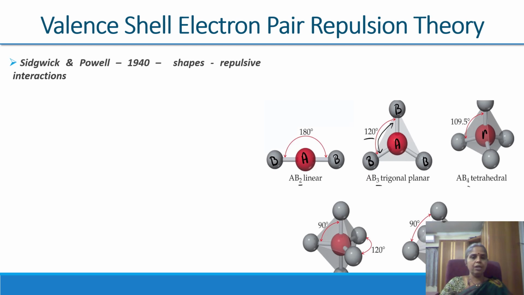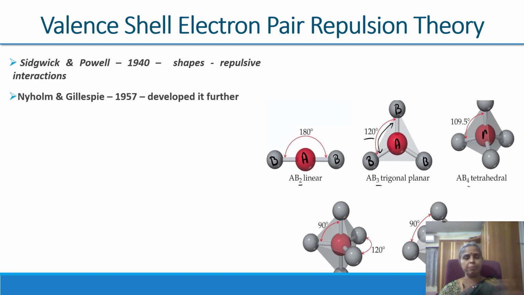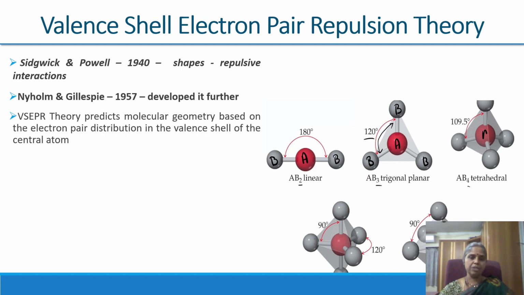So, this original concept was proposed by Sidgwick and Powell in 1940. They tried to explain molecular shapes based on repulsive interactions. Of course, the Sidgwick-Powell theory was further developed by Nyholm and Gillespie in 1957. They gave the present form of the theory, and VSEPR theory predicts molecular geometry based on electron pair distribution and